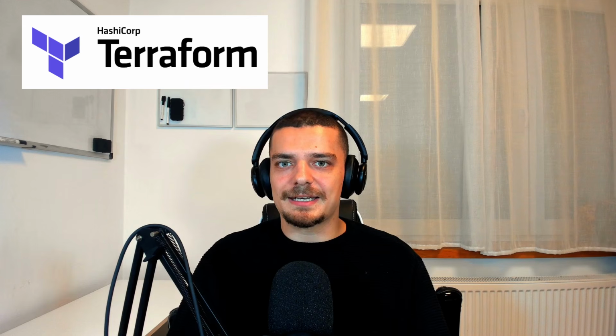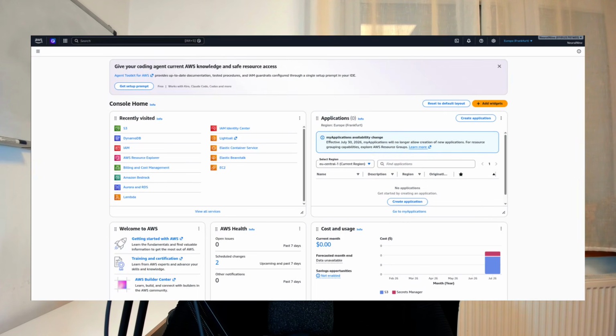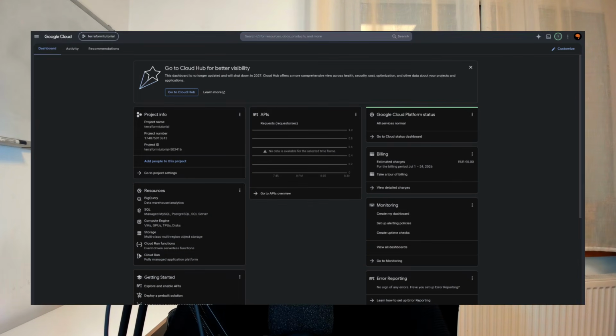We can define, easily create, and also easily destroy pieces of infrastructure, and we have config files that we can run and reproduce the same environment on different systems. So if you've ever worked with these cloud providers before, like AWS, Azure, or GCP, you know what the web interfaces look like, you know what the command line tools look like. You have to run a bunch of commands, you have to click a bunch of things to create users, to create storage, to give permissions and stuff like this. And the moment you want to undo everything, you have to go through all the steps in reverse. So you basically have to do a lot of manual work.